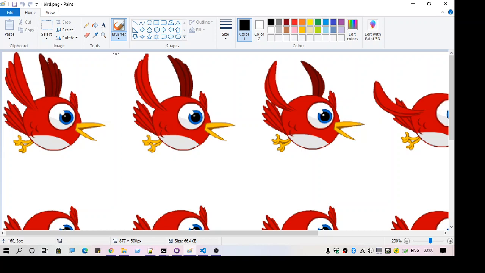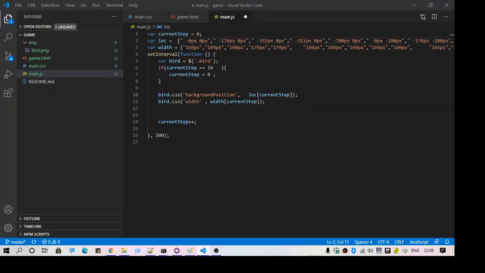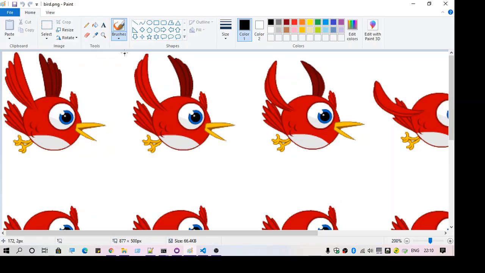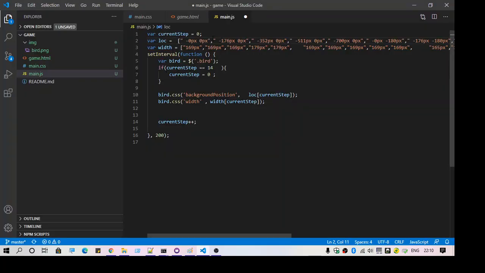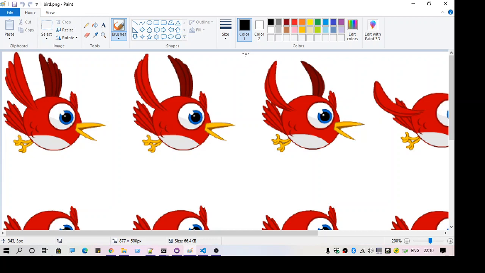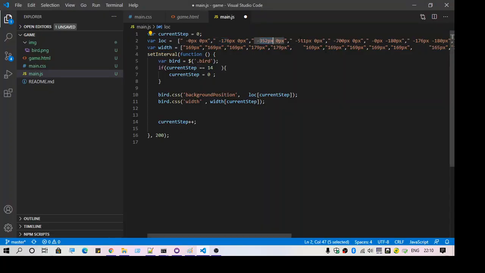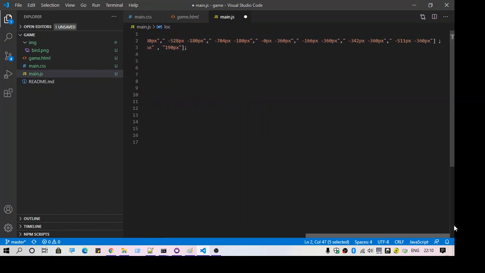So here it is 157, right? The second will be 176 exactly, so it can come up to here. So the second one will be 176 and 0. Similarly, the third one will be 350. Just like this, there will be 14 elements in this array.